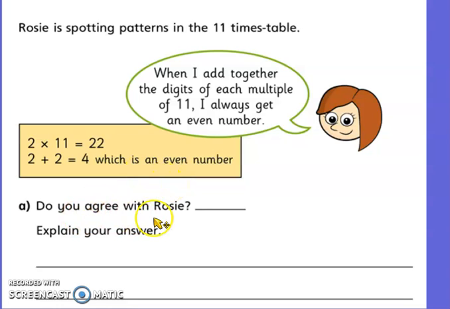Do we agree with Rosie? Explain your answer. So we need to investigate this. Let's